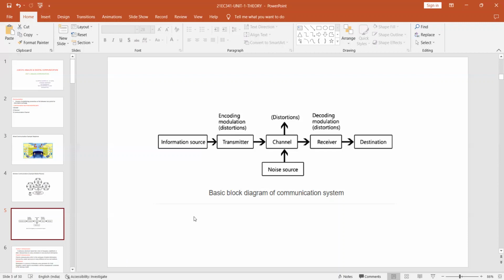So in this unit, we are going to study the processes that happen in the transmitter section. Why can't we transmit the exact message signal generated by the source through the channel? What are the problems that will occur when we transmit